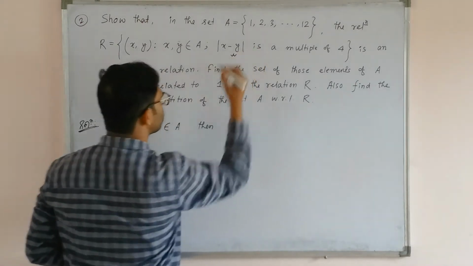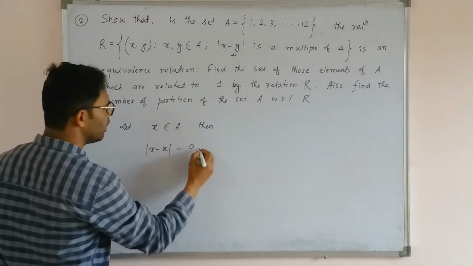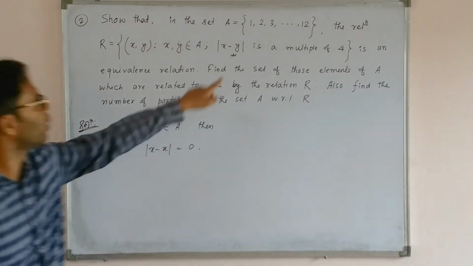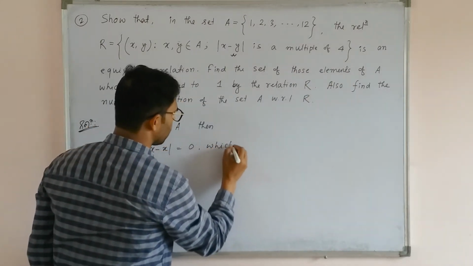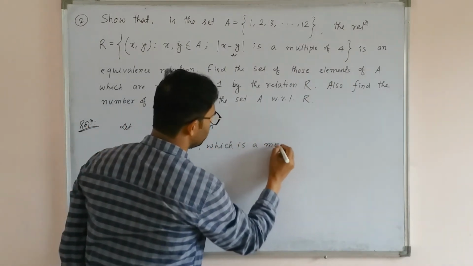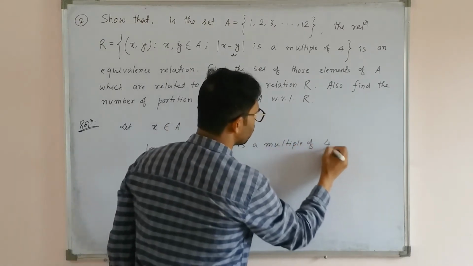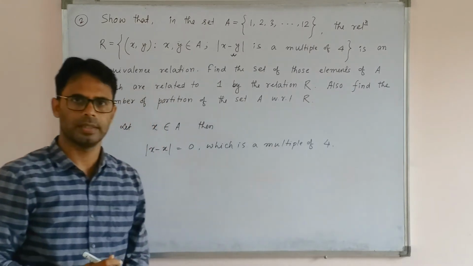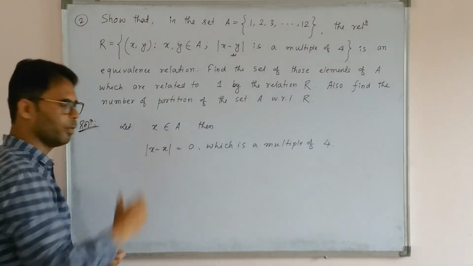Relation to this one, then modulus of x minus x, obviously this is 0, and 0 is also a multiple of 4. A relation to minus this. So which is a multiple, মানে গুণিতক, multiple of 4. তো তোমাকে division of 4 বললেও কব পারে, যে 4 এর বিভাজ্য, এটাও কব পারে. So which is a multiple of 4, therefore